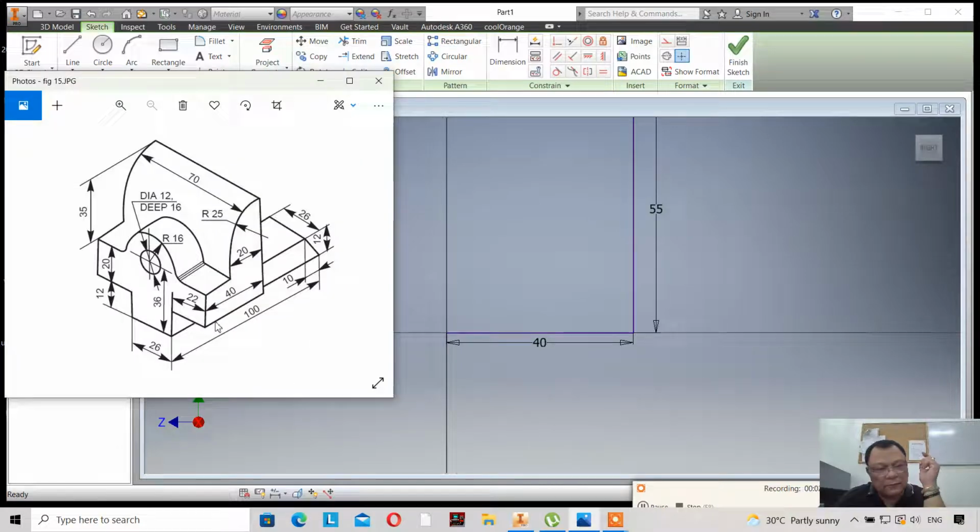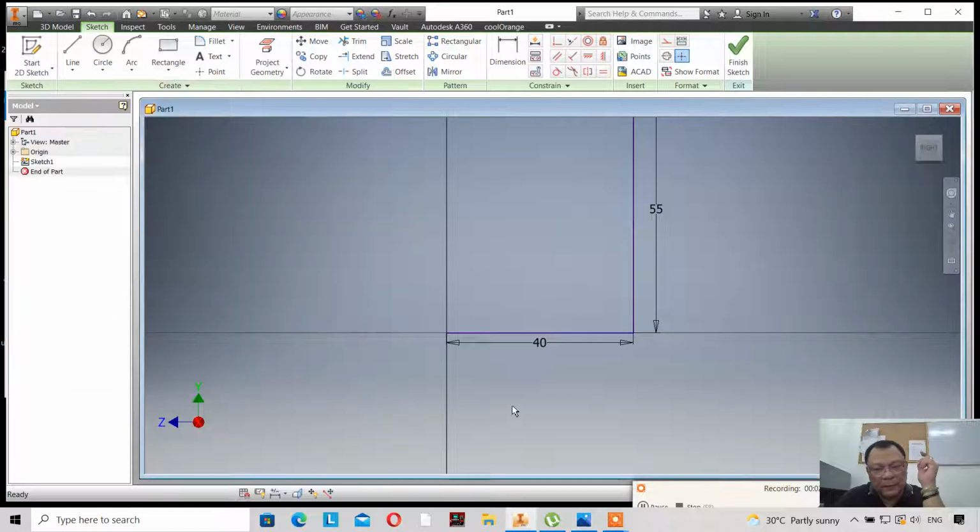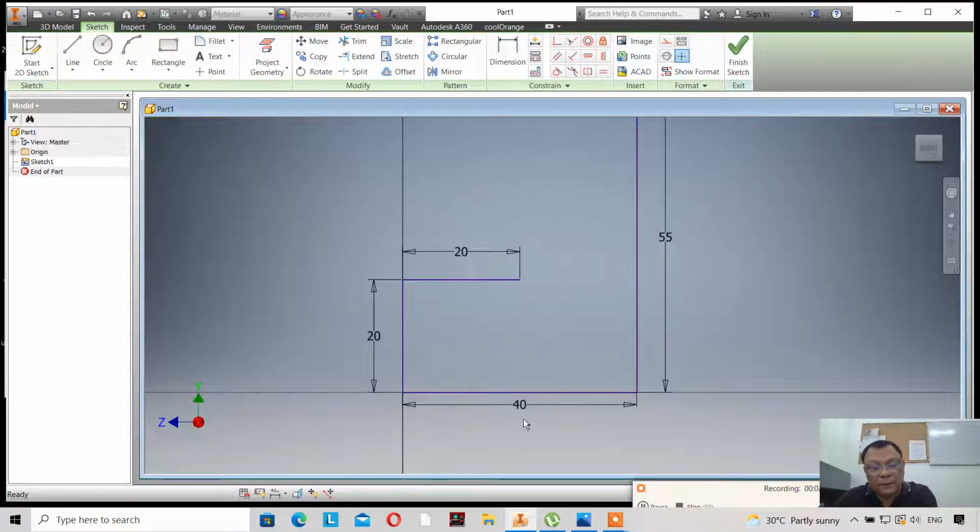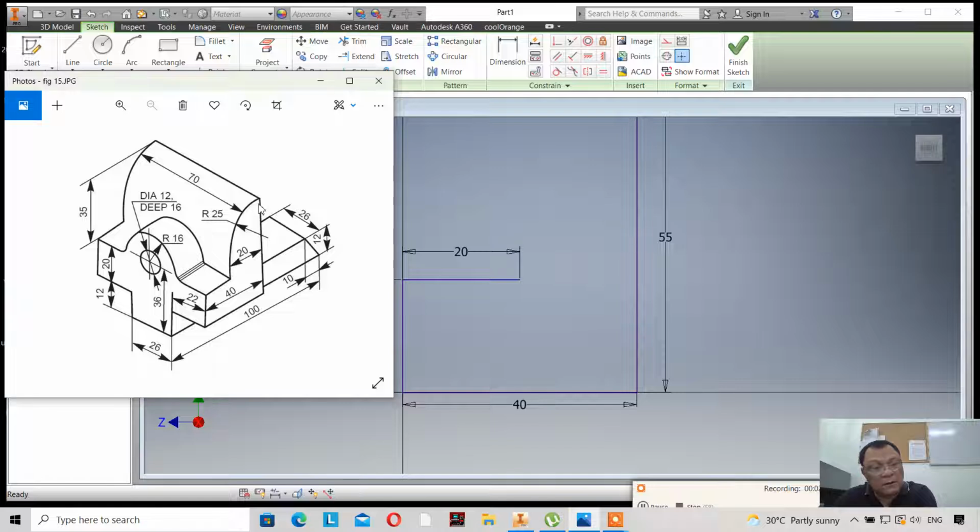Now from the figure, the height here is 20, and the length here is also 20. So continuing, we draw a line. Height is 20, and another line here, also 20. So this is what we have. Now your problem will be this portion here of the profile. You're only given